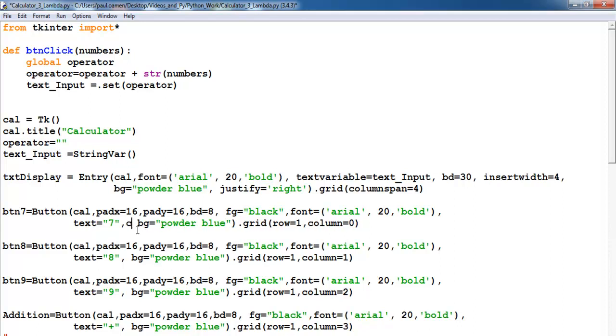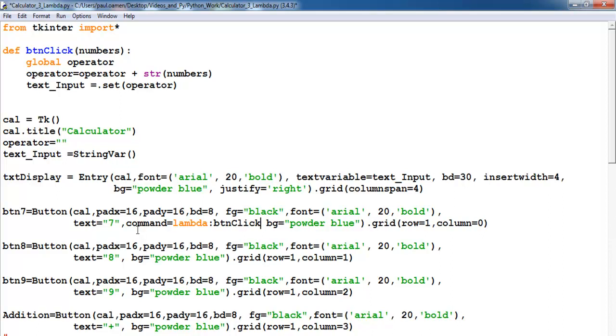Let's say command equals lambda. This is an invisible function, you guys will not see it, but the system will recognize and understand whatever you call it. Equals click,